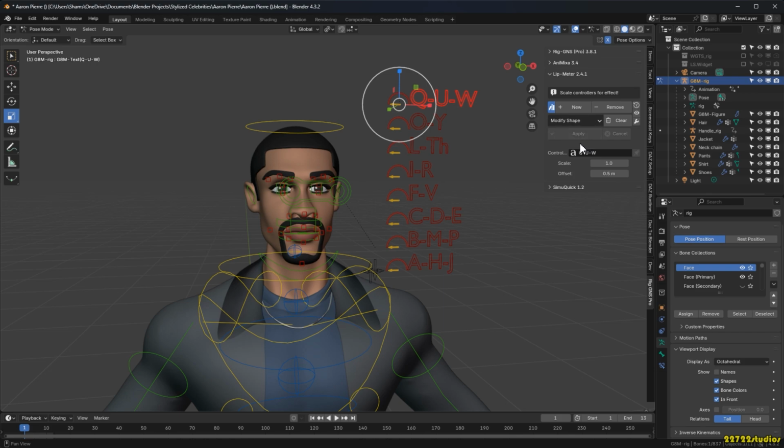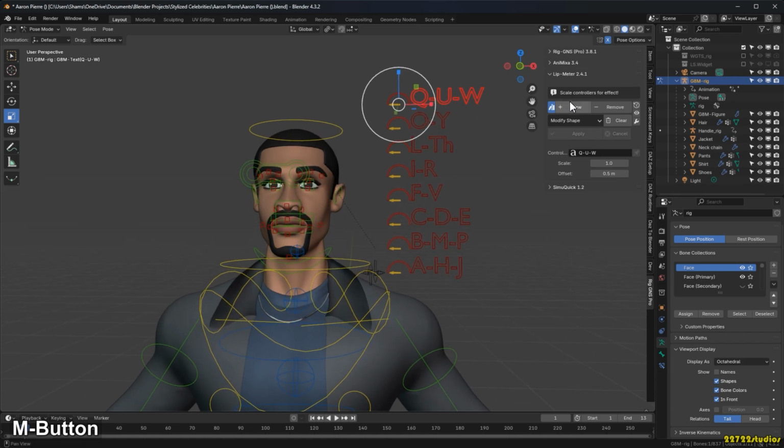Alright, so at the bottom part of the panel, we have the controller name field, which we've already seen what it does. It allows us to rename controllers. Next to it is the pin button. This is useful after repositioning a controller. Let's create a new controller to illustrate this.